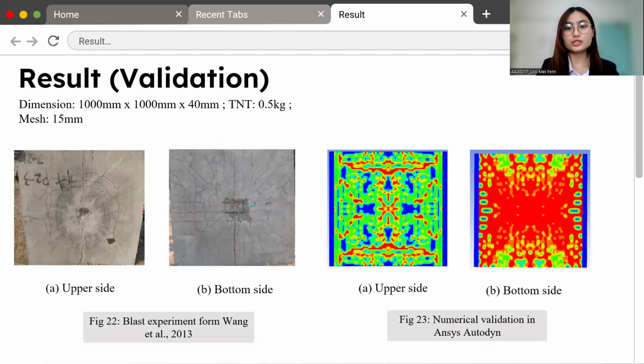The numerical results show radial and annular cracks on the upper side of the slab, particularly in the central area. This pattern is consistent with the experiment. The slab experienced larger damage at the center. Besides, on the bottom side, the lower tensile resistance of the slab induced spalling, causing a crater in the experiment, with the simulation showing more radial and circular cracks. This successful validation shows the numerical simulation results are reliable. Hence, similar simulations are used for studying sphere-welded RC slabs under blast load.